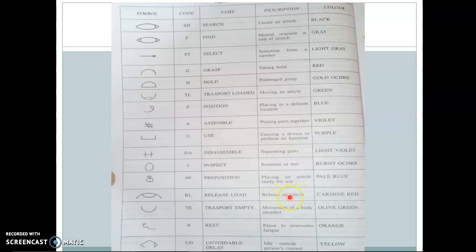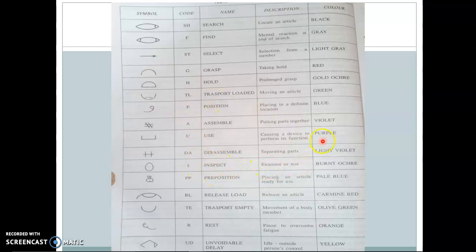And to release the article which we had grasped, we can use the code RL. Preposition is nothing but placing an article ready for use, and we use the code PP. For inspection, examination or testing, we can use the code I.